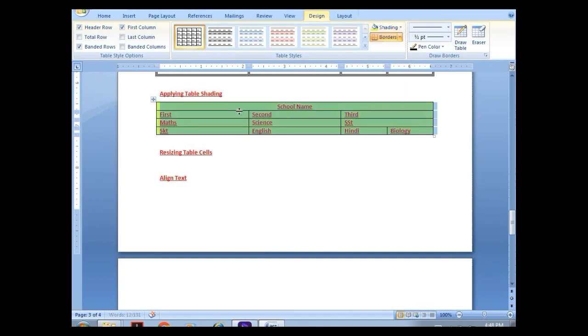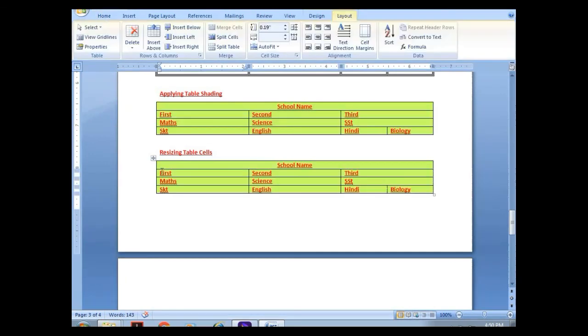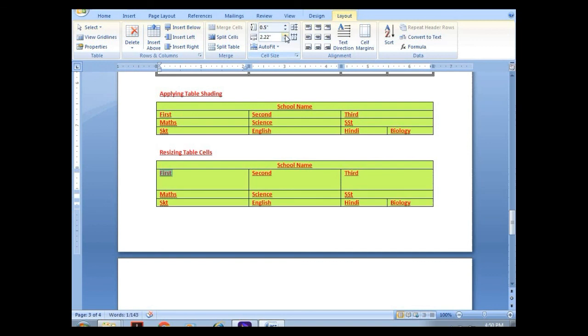Here in table settings we can choose many more colors. We can change the row height and column width of a particular table.